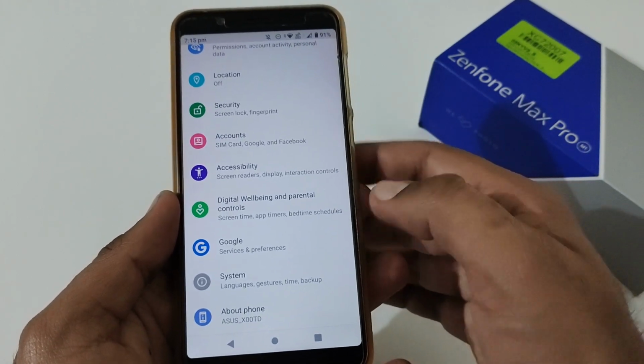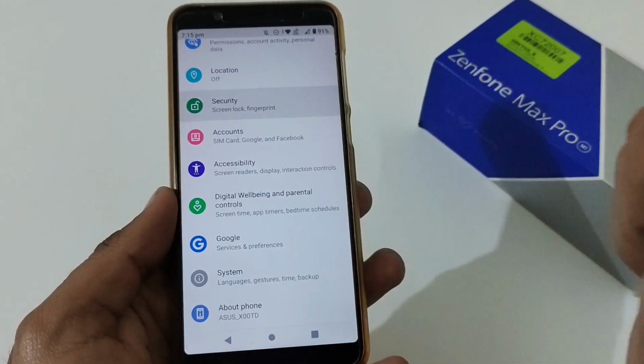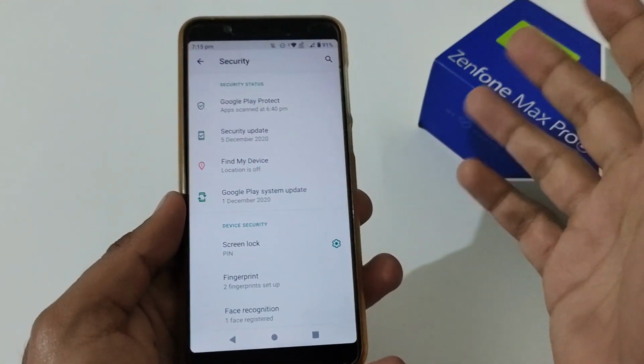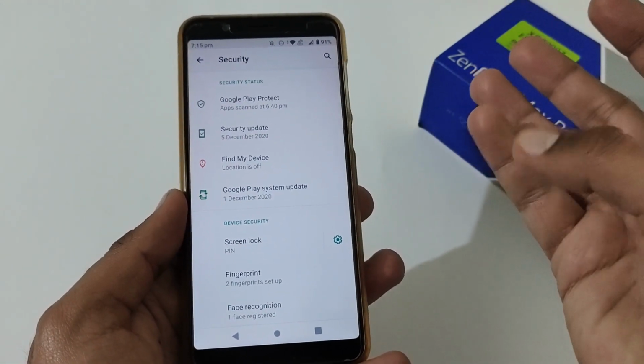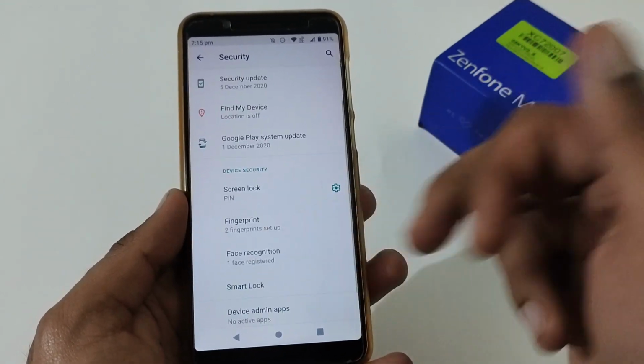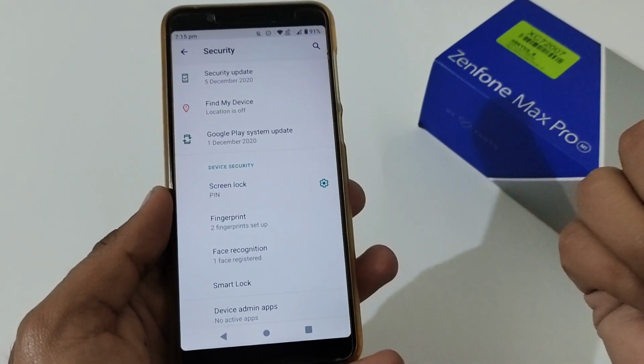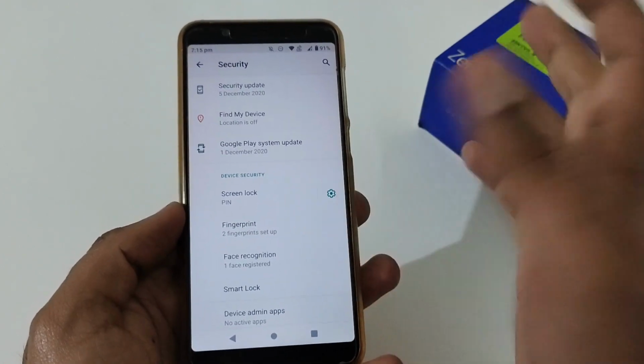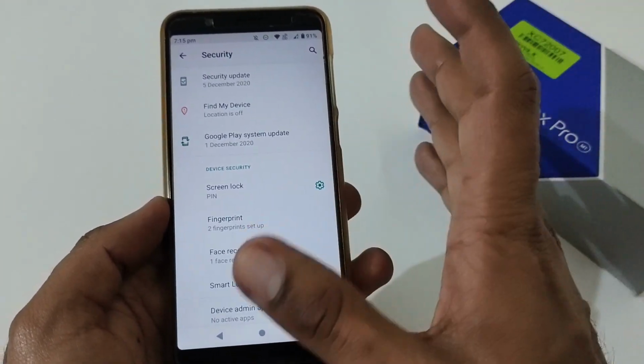After developer options in the system section, now let's move to the security part. Again in security there is a tie, be it pin, pattern, password, swipe, all are working absolutely fine. Aside from this, the fingerprint scanner is also working, and face unlock or face recognition is also working fine. So there is no change in both the versions.